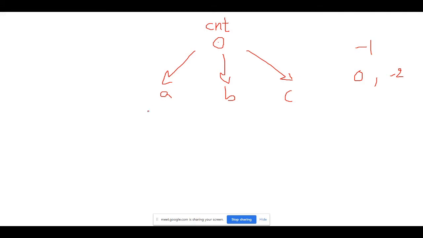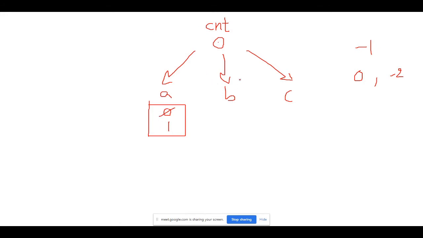So assume in its own space, whichever CPU core it has been allocated, it knows that the value of count is 0 and it increments that. Now it is still computing.